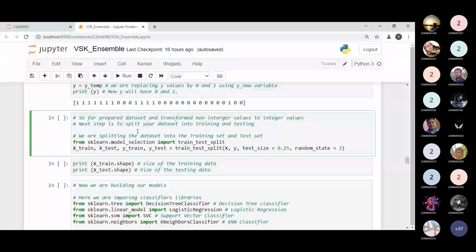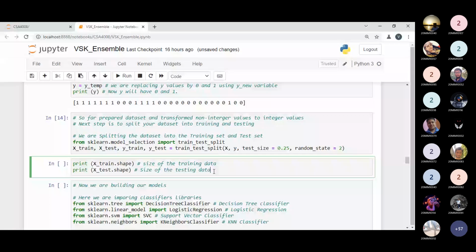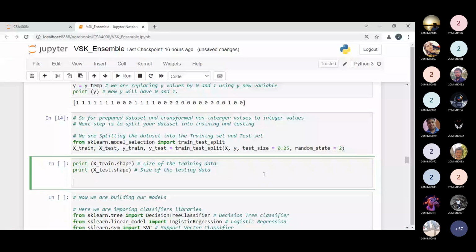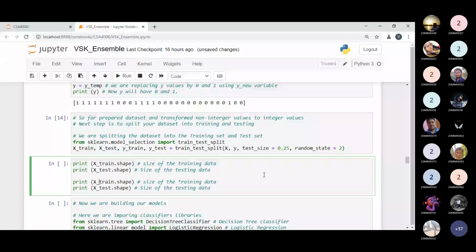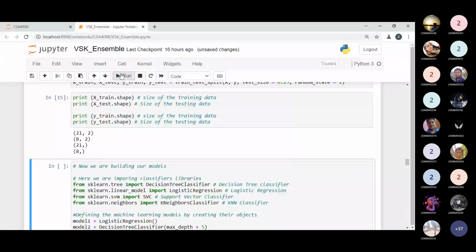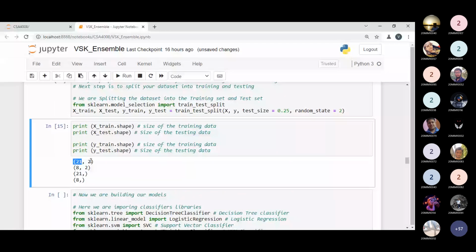And now, what is the size of the testing? We can check the size of testing by the xtrain or xtest, and we can also do it with the y, passing ytrain or ytest. So 21 is the size of the training, and 8 is the size of the testing data. xtrain represents the x values, the x parameters, height and weight.